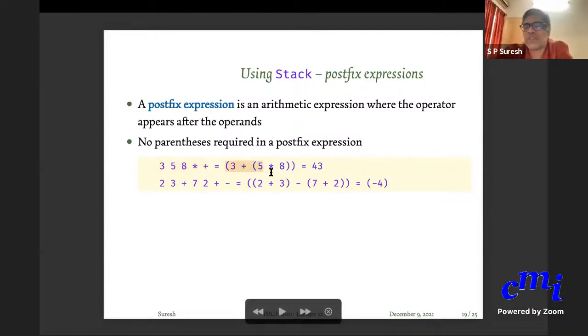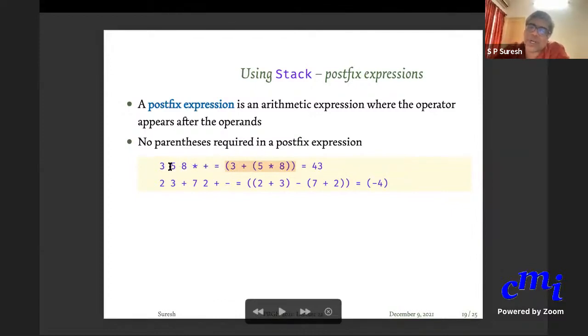So 3 plus 5 times 8, you can interpret it in 2 different ways.